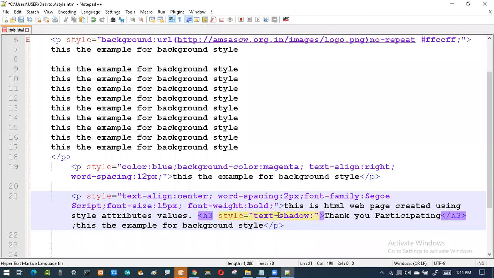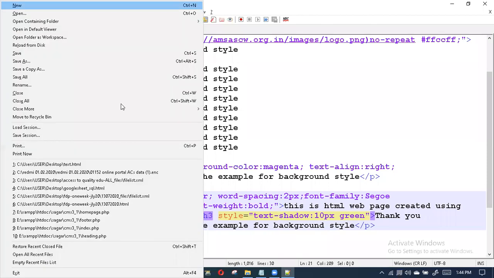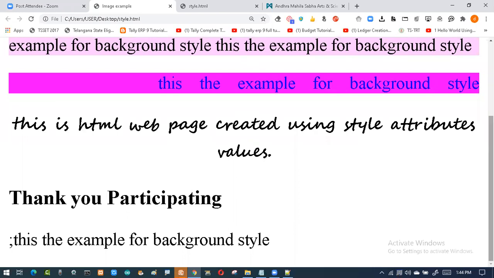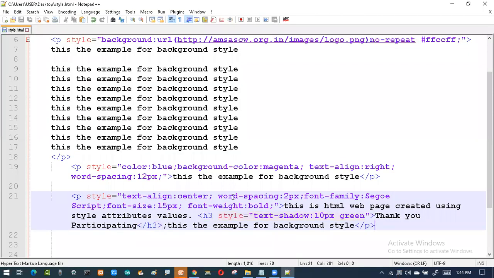Say 10 pixel. And what is the shadow color? So I say something called green. We'll see whether it is going to be applicable or not. So here instead of this, I'll go with paragraph. Okay.